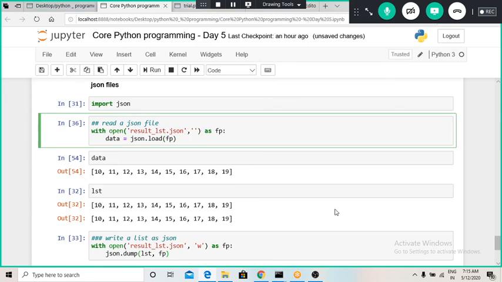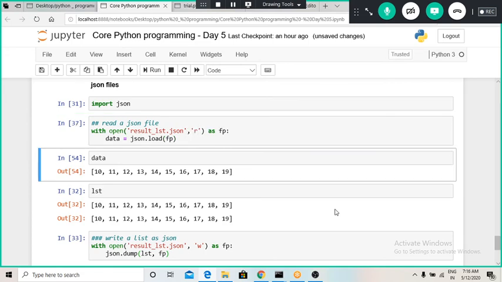So while importing there is no need to keep this r parameter. By default it takes the r parameter whenever we give the with open command. Whenever we use the with open command, the default parameter is r, so there is no need to use r each and every time when we read a particular file.